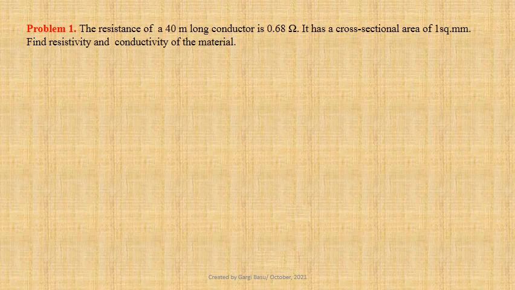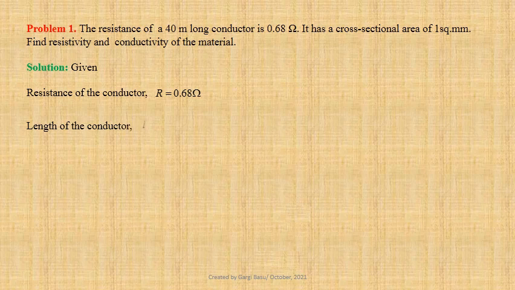The resistance of a 40-meter long conductor is 0.68 ohm. It has a cross-sectional area of 1 square millimeter. We have to determine resistivity and conductivity of the material. Let us first write down the given data. Resistance of the conductor R equals 0.68 ohm. Length of the conductor L equals 40 meters. Cross-sectional area A equals 1 square millimeter, that is equal to 1 into 10 to the power minus 6